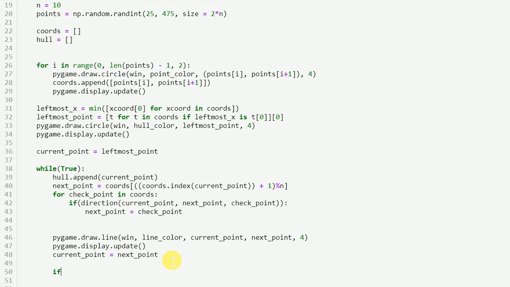So if my current point, which will be the point of the hull as found by this algorithm, is equal to hull 0, which was the first point which we stored, in that case we have to break out of the loop. And current